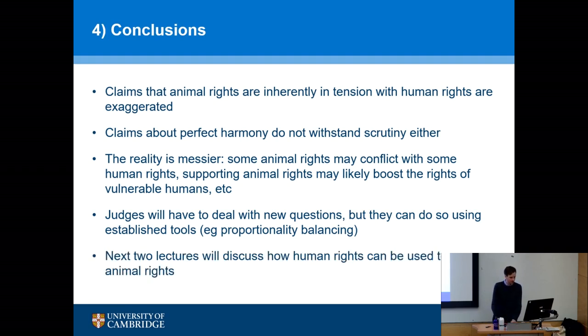Lastly, and just as an outlook to the next two lectures, human rights are in another, perhaps strategic, way also not in tension with animal rights. And that's insofar at least as they have been used by some animal rights advocates to try to further human rights. So perhaps veganism, for instance, freedom of conscience, and how through protecting humans as vegans, we can protect animals, for instance. Just one example. You'll be discussing more examples in the next two lectures, when again, Percy Hughes will be talking about the ECHR and animal rights. So there's more to come on this topic.